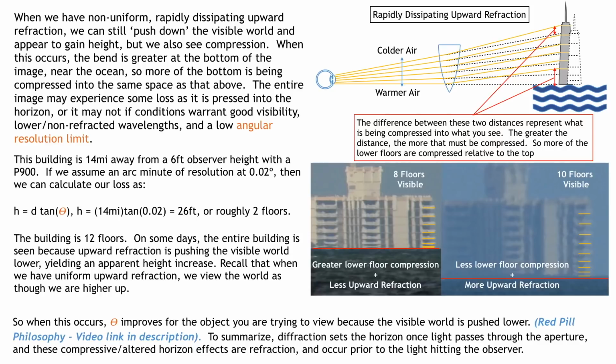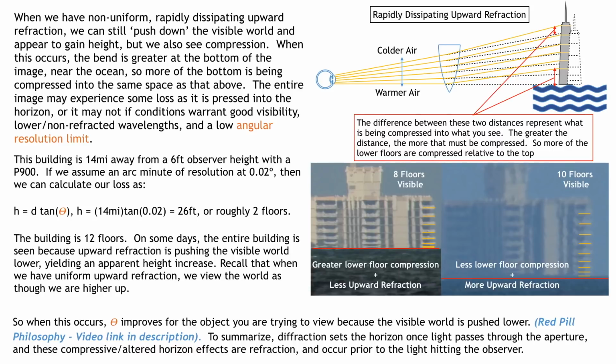So that was an example of this kind of gradual linear upward refraction where we're bringing the entire visible world lower to view it as if we were higher up. But now we're going to talk about this rapidly dissipating upward refraction. So when we have non-uniform, rapidly dissipating upward refraction, we can still push the visible world down and appear to gain height a little bit, but we also see this compression phenomenon within what we're seeing, this differential compression of